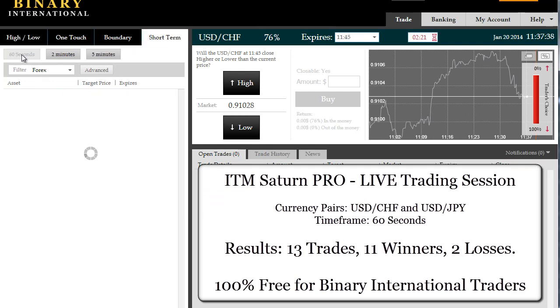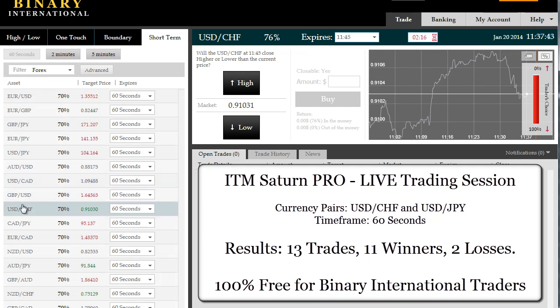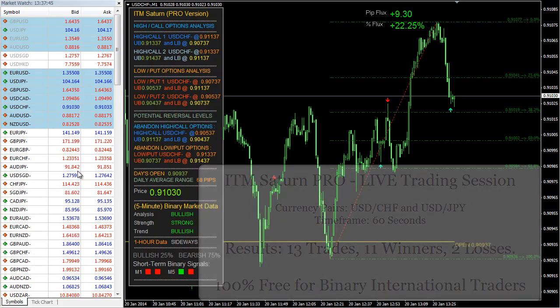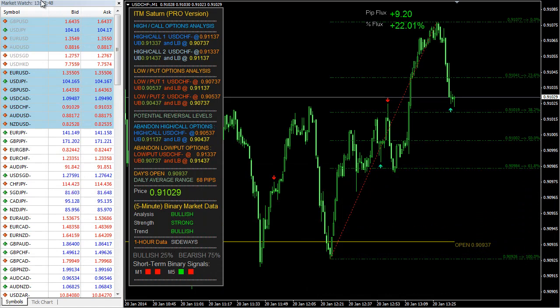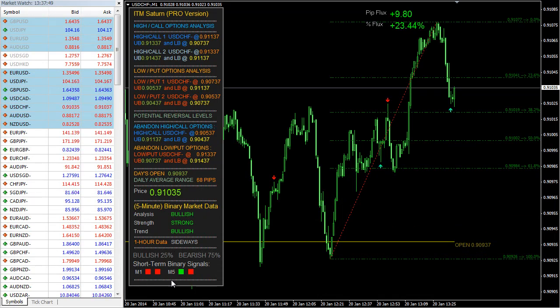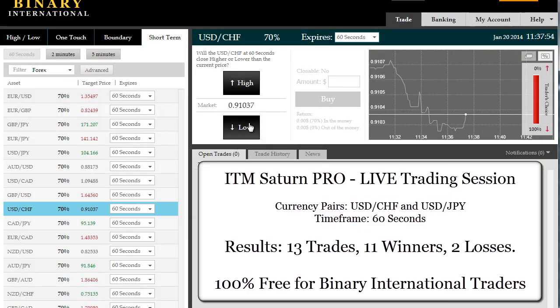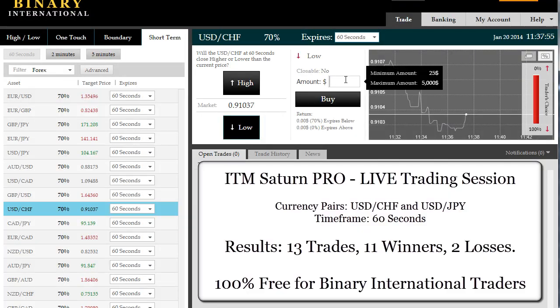So we're going to start with the US dollar Swiss franc. We're going to choose a 60-second time frame. Make sure the pair is selected and go back to the Saturn Pro terminal. The time right now is 13:37:49. We're looking at the short-term binary signals probabilities and going short on the US dollar Swiss franc for an investment